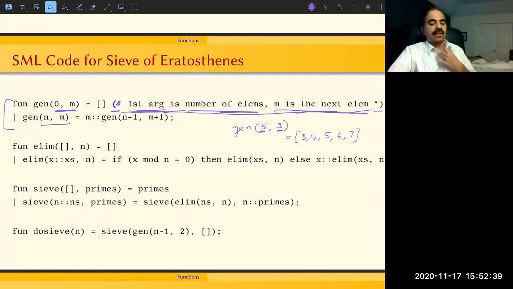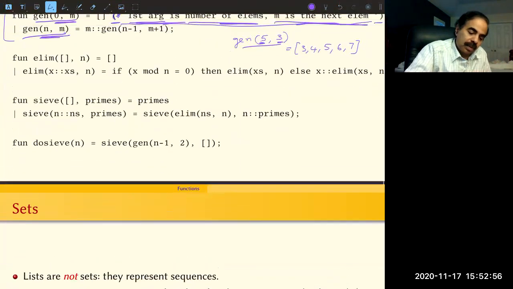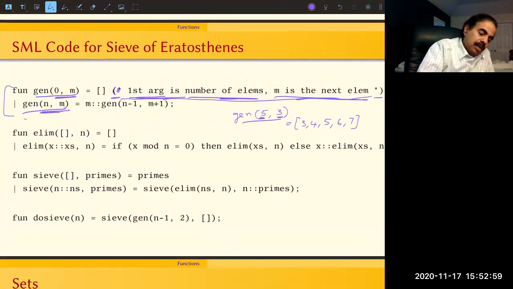And the way it's going to do that is, when you call gen of 5 comma 3, it's going to match this rule, since 5 is not equal to 0. So what it is going to do is output the second argument to gen. So you're going to have 3, and then